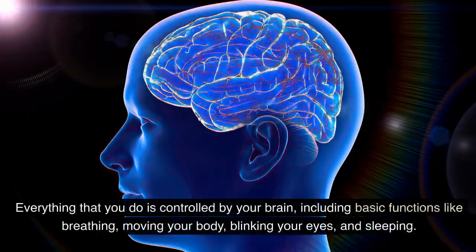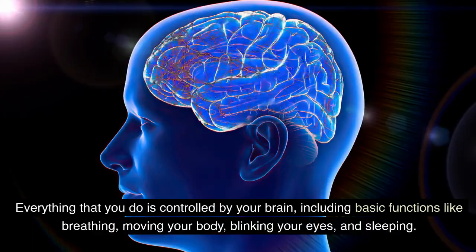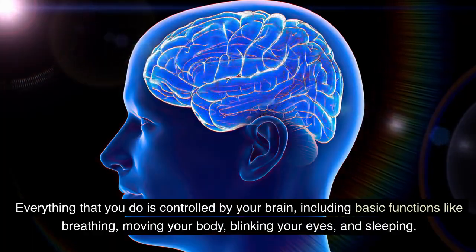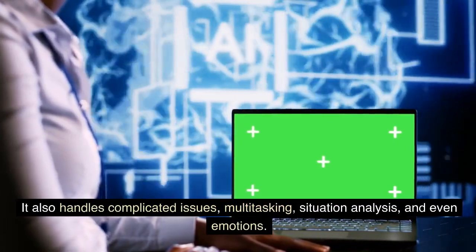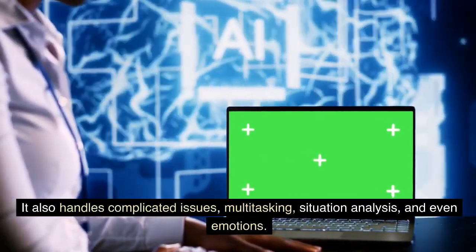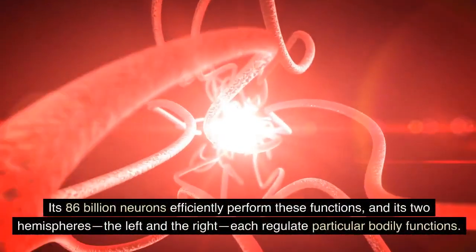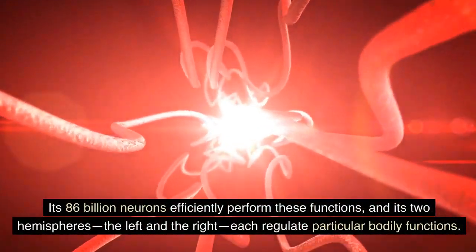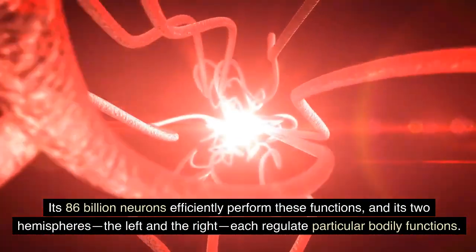Everything that you do is controlled by your brain, including basic functions like breathing, moving your body, blinking your eyes, and sleeping. It also handles complicated issues, multitasking, situation analysis, and even emotions. Its 86 billion neurons efficiently perform these functions, and its 2 hemispheres, the left and the right, each regulate particular